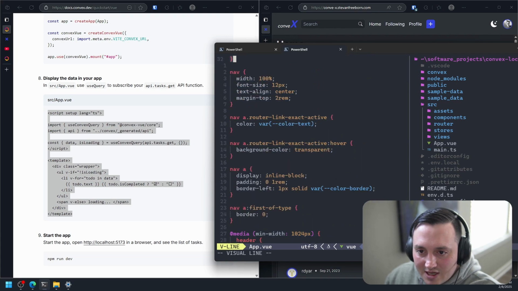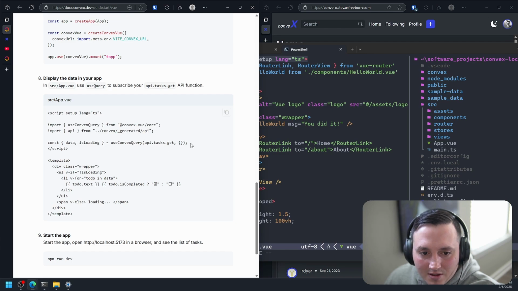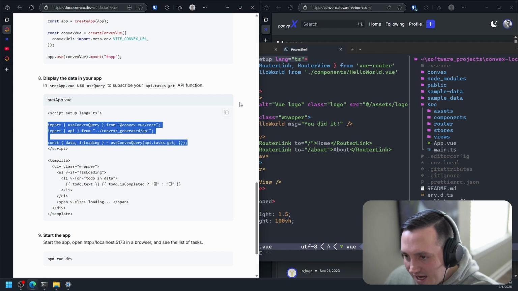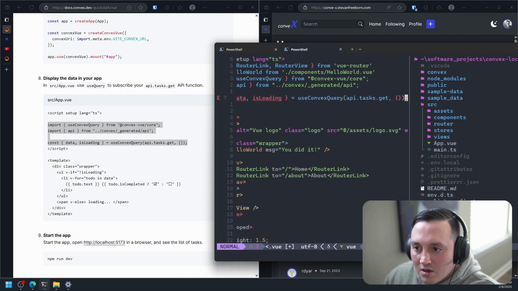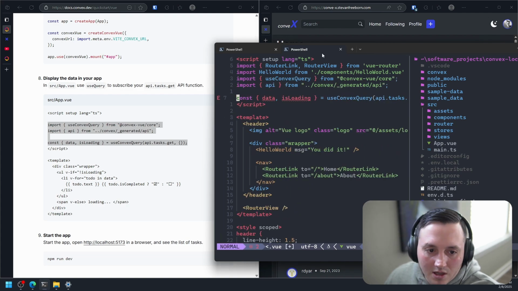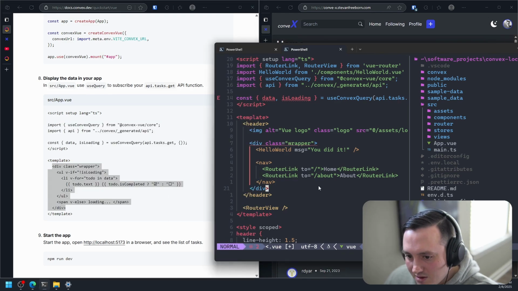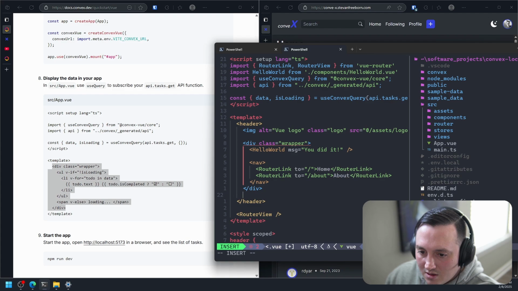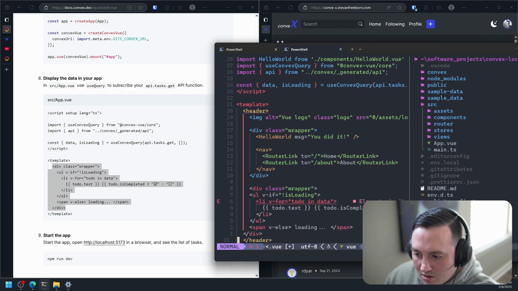Maybe we leave the styles and we just dump in the template or the script in the template. Let's just add to it. Let's not wipe everything. Okay, and then our template's going to now have this in it.